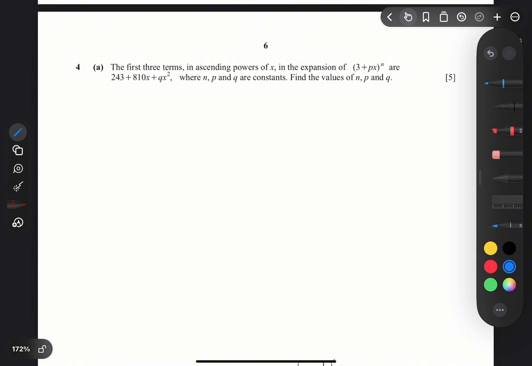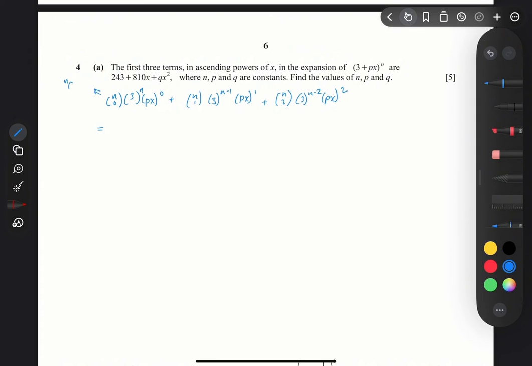So we need to use the formula to expand. Okay, so for this one,